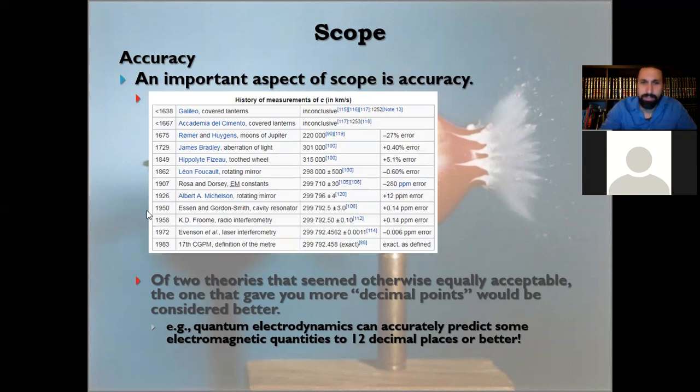So just consider this, okay? Let's say attempts to measure the speed of light. Galileo attempted to measure the speed of light with covered lanterns on the top of distant mountains, and it was inconclusive. Okay? Light was just too fast. He couldn't even get a sense of it. And then we have these